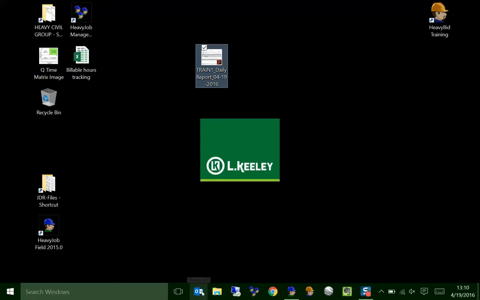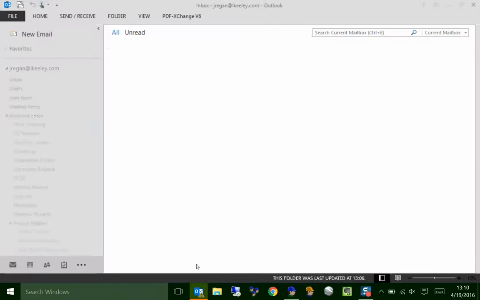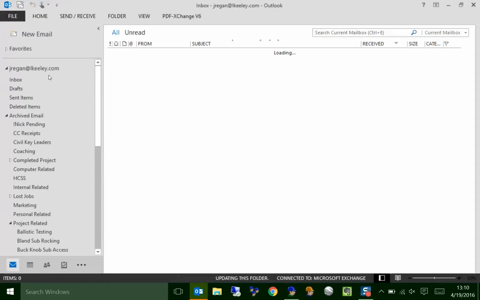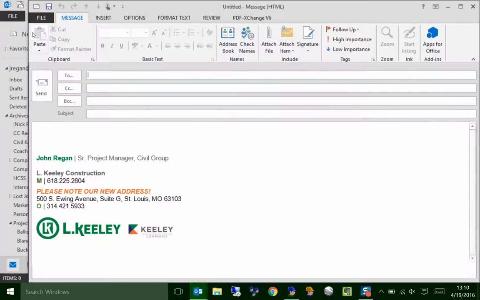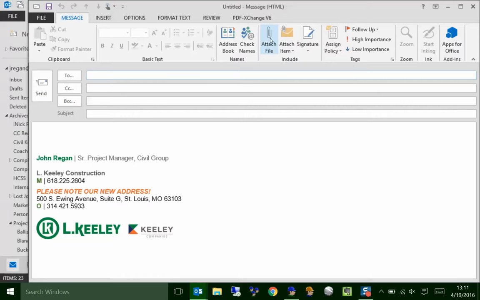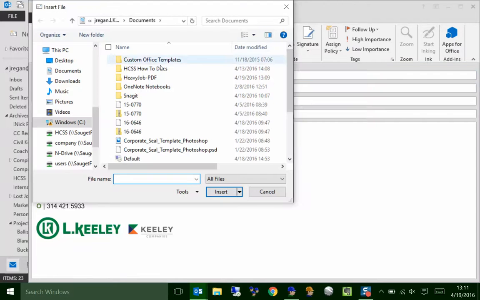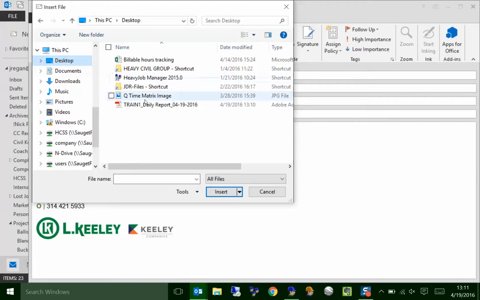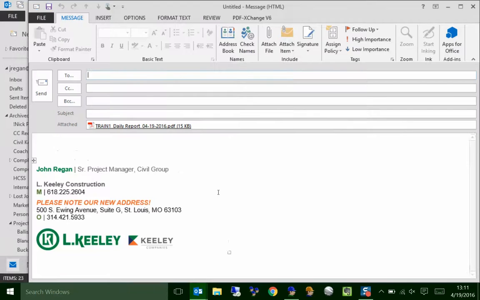So you can come over here and open Outlook, do a new email, and then you can say to whoever it is, and hopefully you'll have the email address of your inspector, your AECOM URS guy, and then you just say attach file, go to the desktop, pick the report, insert it,